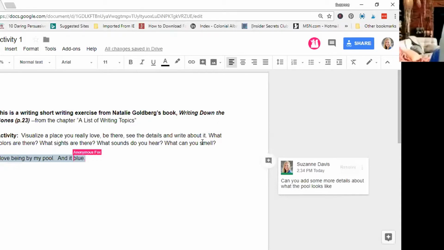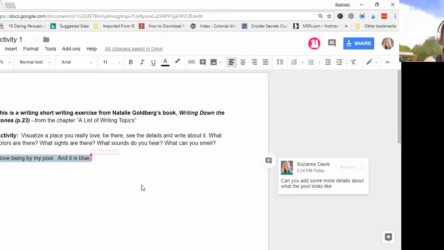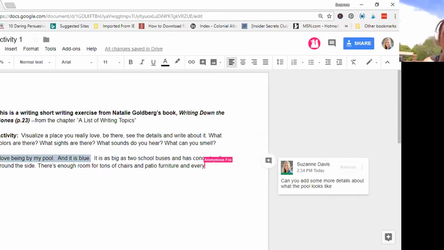Right. Yeah. So we're going to put, and it is blue. It is as big as 2 school buses and has concrete all around the side. There's enough room for tons of chairs and patio furniture, and every kind of floaty